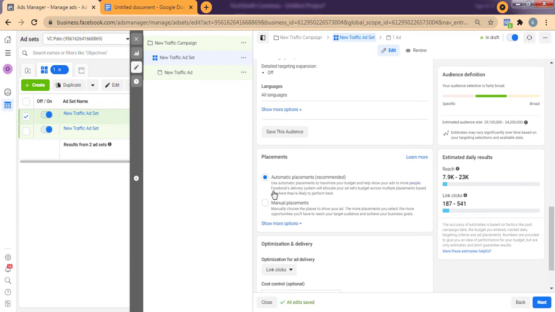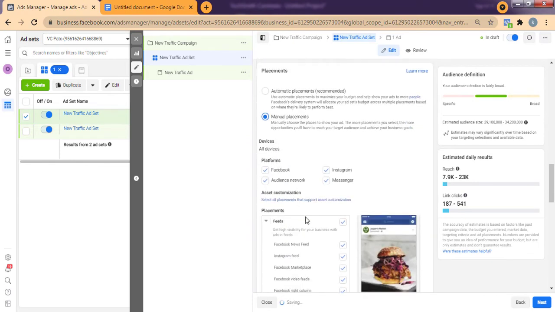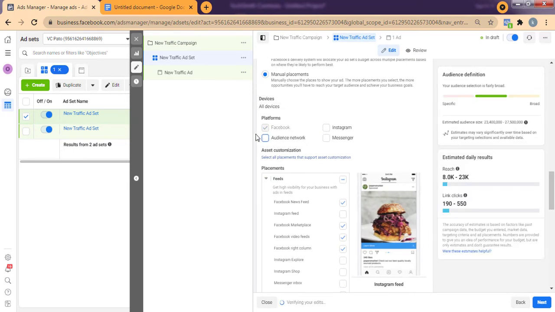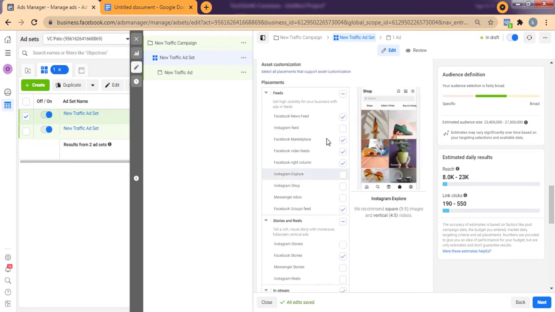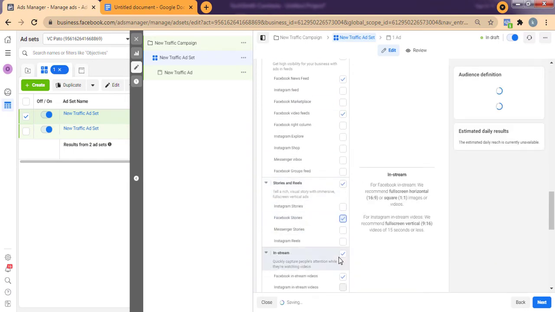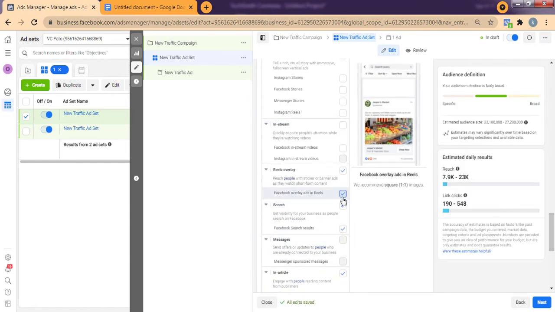So we'll have the automatic placement and we'll have the manual placement. With the automatic placement, Facebook will automatically show your ads everywhere on their platform, both on Instagram Reels, Facebook news feeds, Facebook video feeds, and all of them. But let's say you just want to manually select where you want your ads to show. So I'm going to turn off Instagram, turn off Messenger, and turn off Audience Network, and I'm going to leave only Facebook. And even at that, you can still come down here and niche down where on Facebook you want it to show. So I'll also probably turn off stories, turn off in-stream, and just turn off everything right here